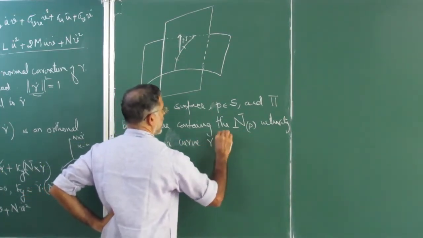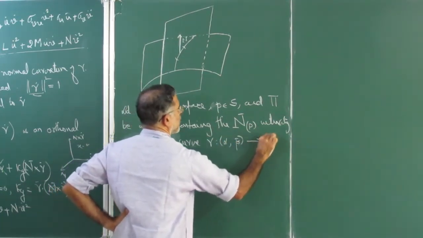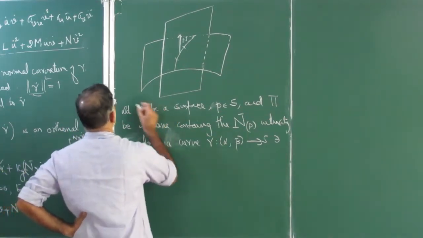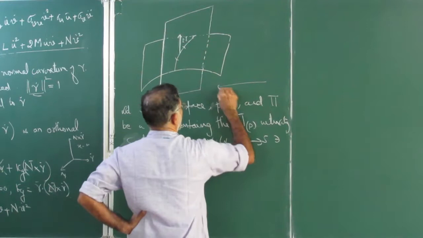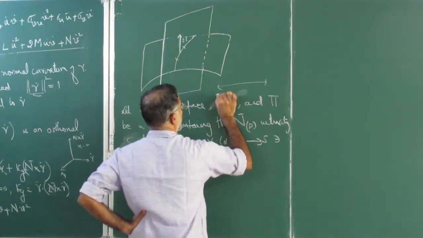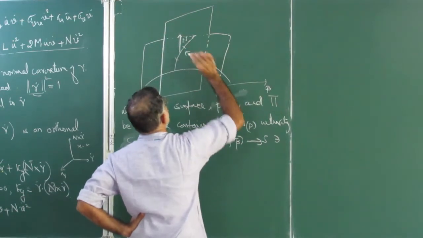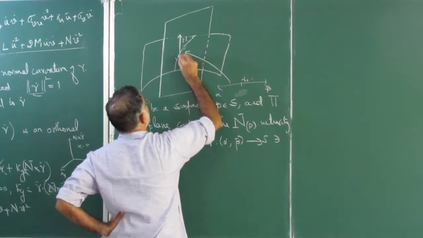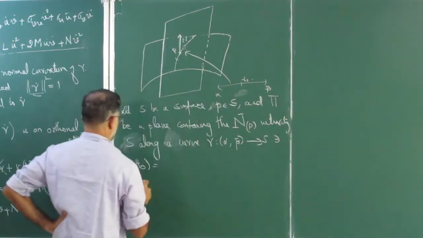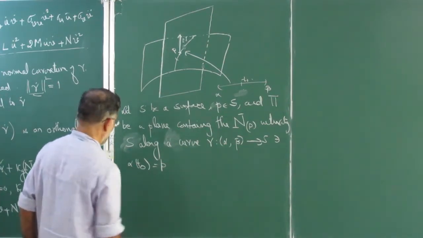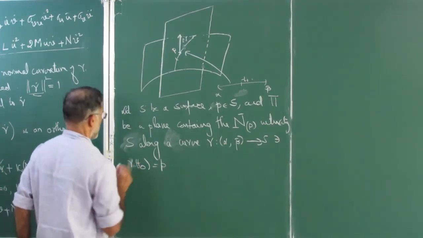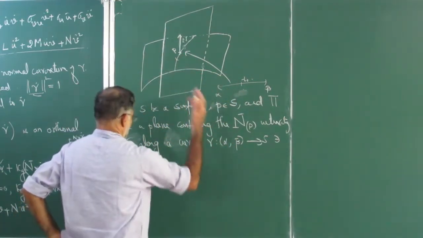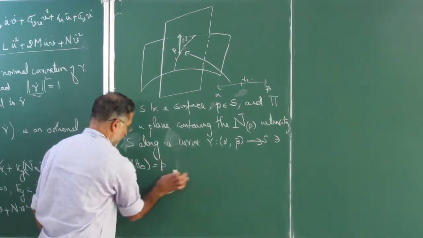Along a curve gamma such that, you will have your alpha beta, and that goes to this, and there is a point t naught here, and that's mapped to the point P. So alpha of t naught equals P, gamma of t naught equals P. So there is a point t naught whose image is P. So we have done that. Now, as usual, we want to find out what will happen.